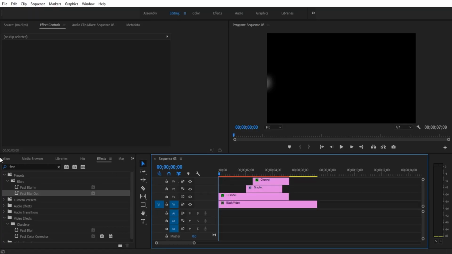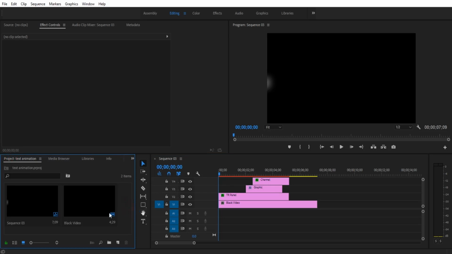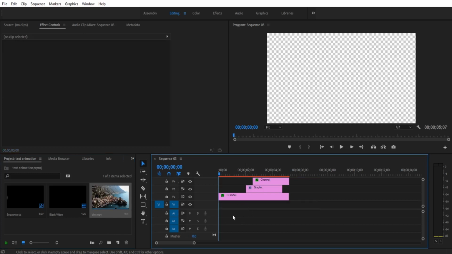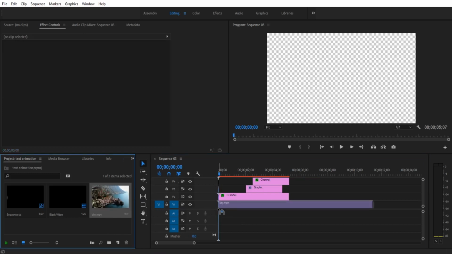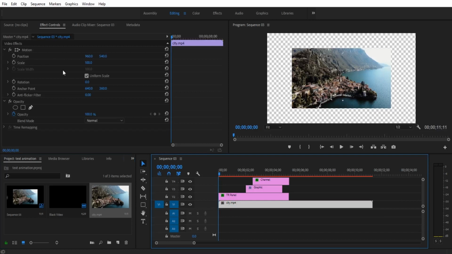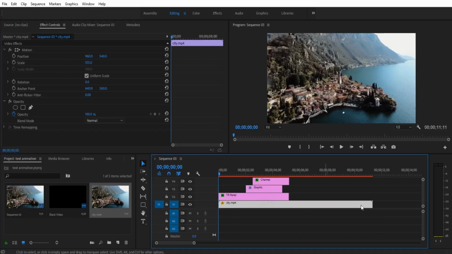Now if you want to change background, you can import video here. Like after importing your video, you can delete this black video layer. Now drag your video to where your black video layer was. You can increase its size from here. Trim this like this. Now if you play the animation,